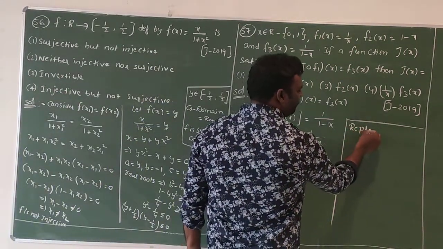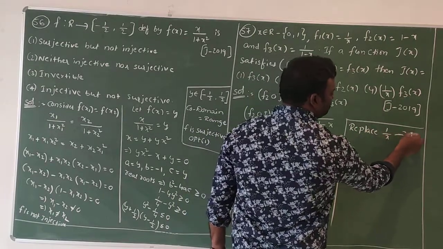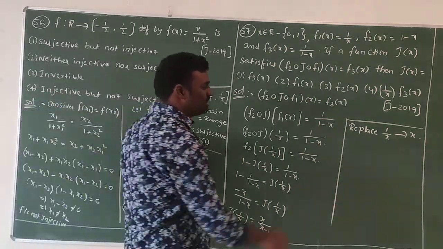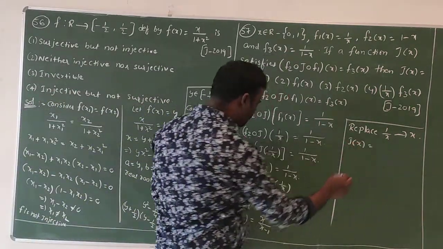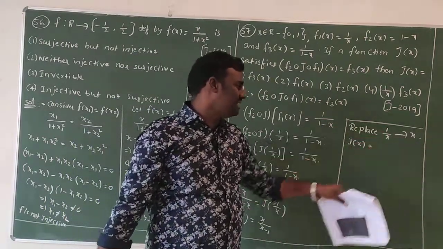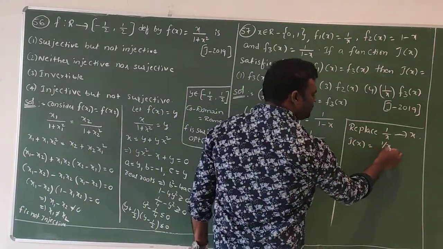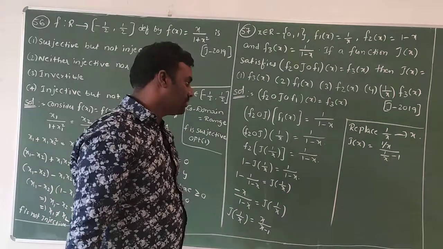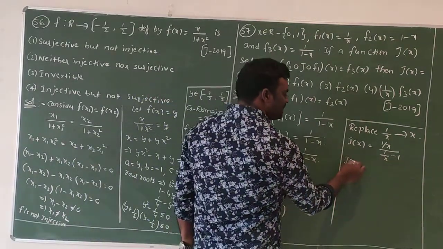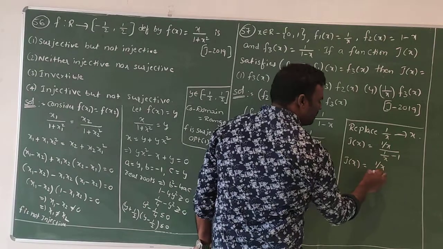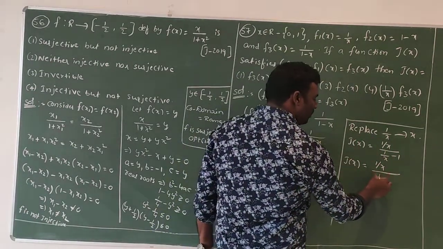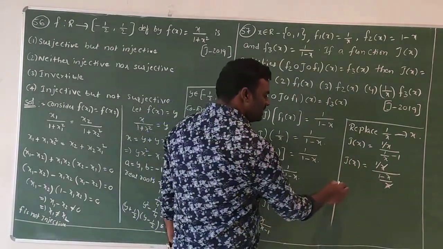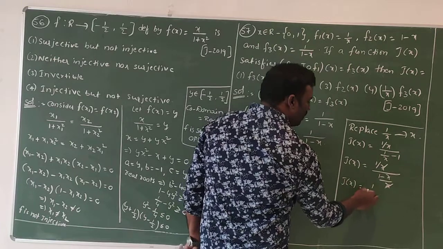Replace 1 by x with x. After replacing 1 by x with x, then what will we get? j of x equals to, instead of x we need to substitute 1 by x here, then 1 by x divided by 1 by x minus 1. Now simplify this. j of x is equal to 1 by x by, the denominator can be written as 1 minus x by x. Now x and x gets cancelled, then j of x is equal to 1 by 1